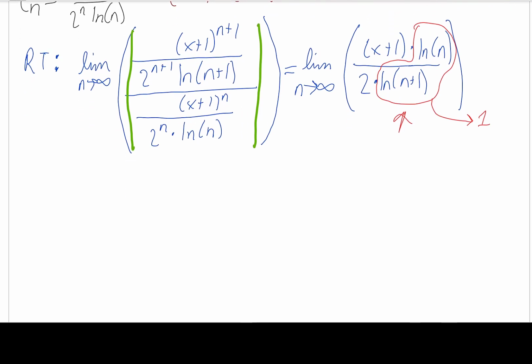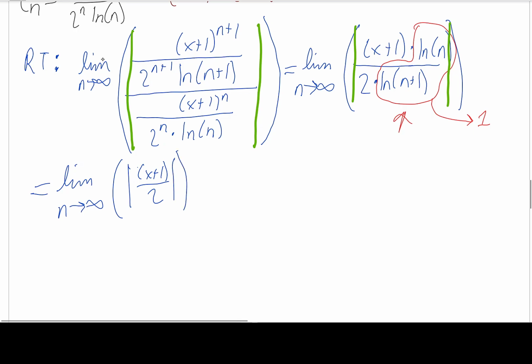Okay, now let's look at... we're going to be left with, oh, let me make sure I keep my absolute value signs in here. So we'll be left with the limit as n goes to infinity of the absolute value of (x plus 1) over 2. Now we know by the ratio test that this thing will converge if our limit is less than 1. Right, so we want,